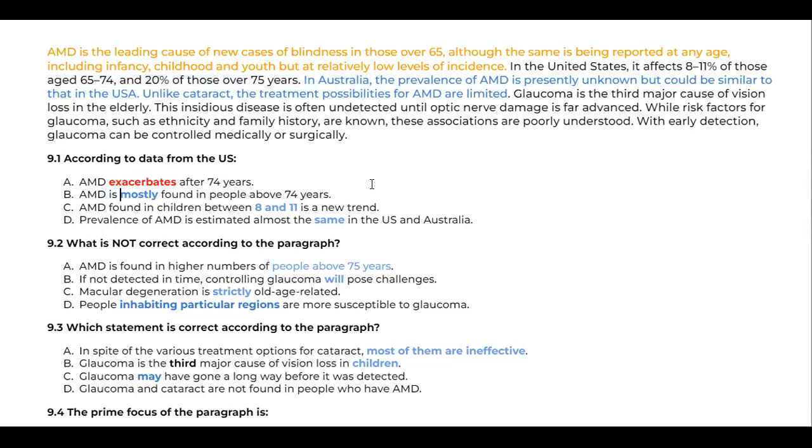So please everybody understand how we are reaching the answers one by one. AMD is mostly found in people above 74 years. Is that mentioned? Yes, it is mentioned. Mostly because of the number, like 20%. 20%. We do not know what about the others. It says very clearly, it says that,